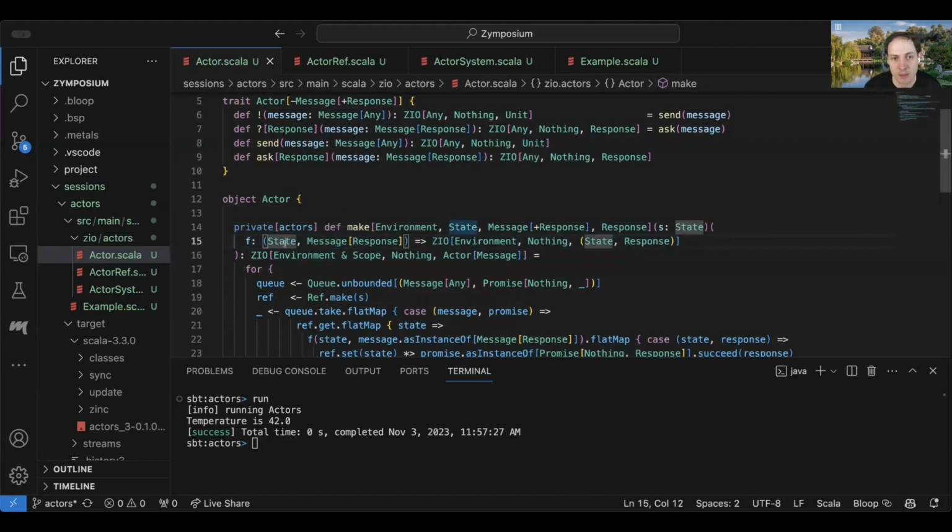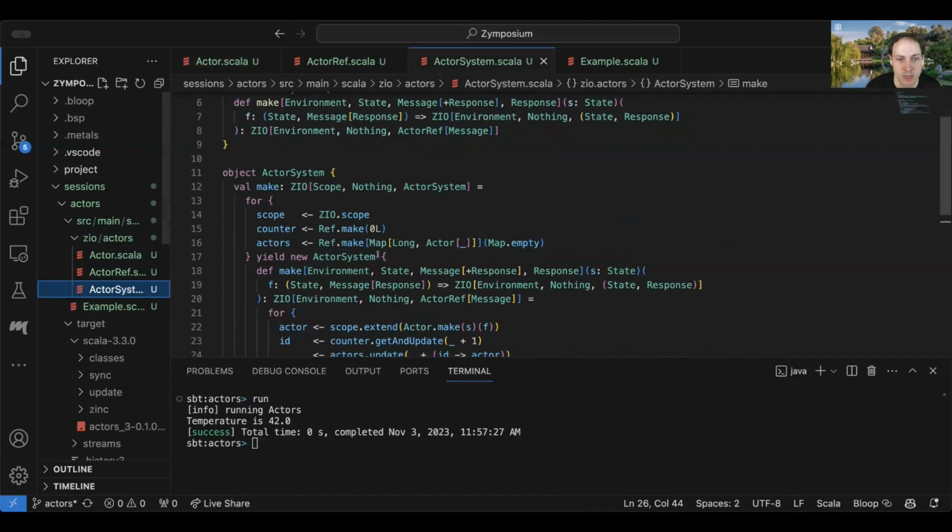But I think the other big thing is starting to look at how we move to a more distributed model here. And probably the simplest way to think about that is getting this to not all be on our system. So right now we have the implicit assumption that every actor is local to us.